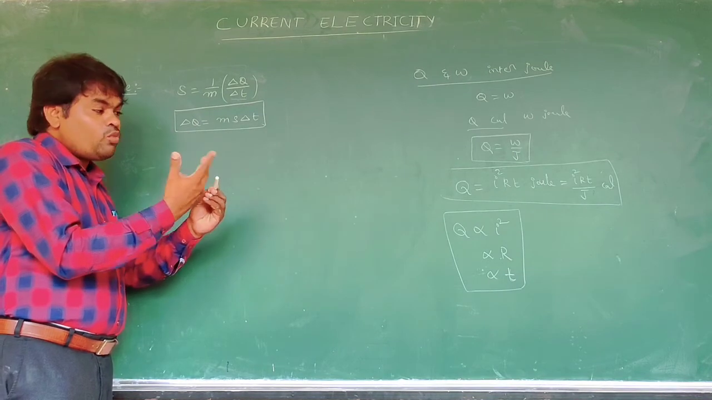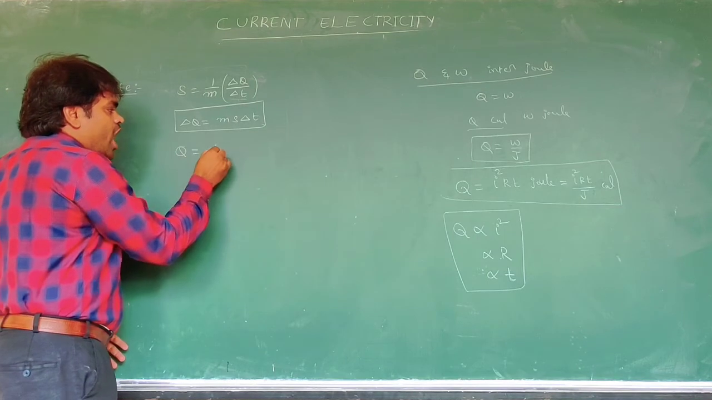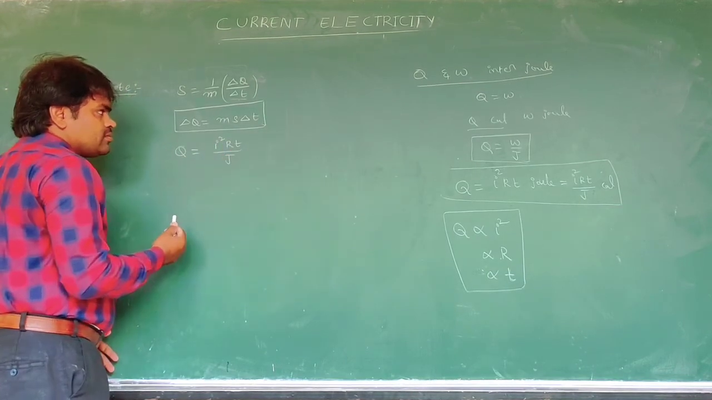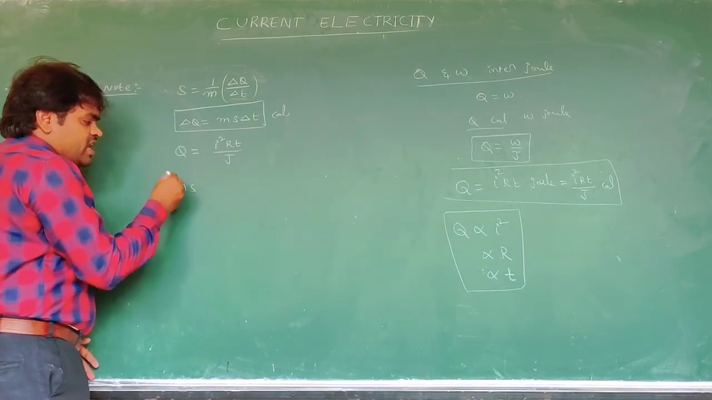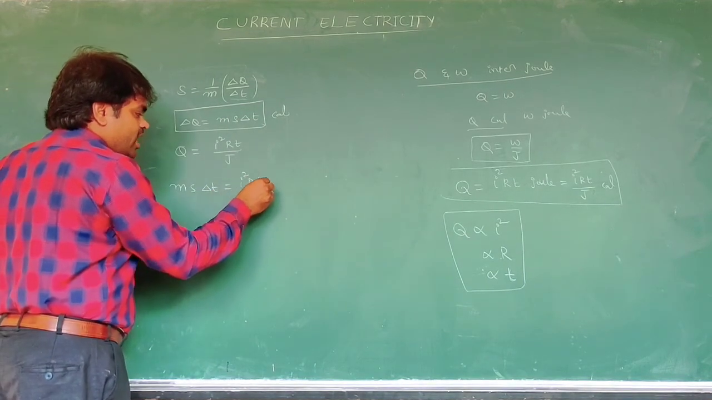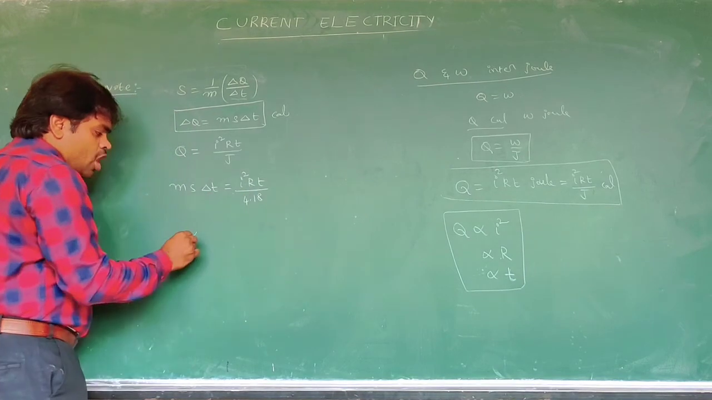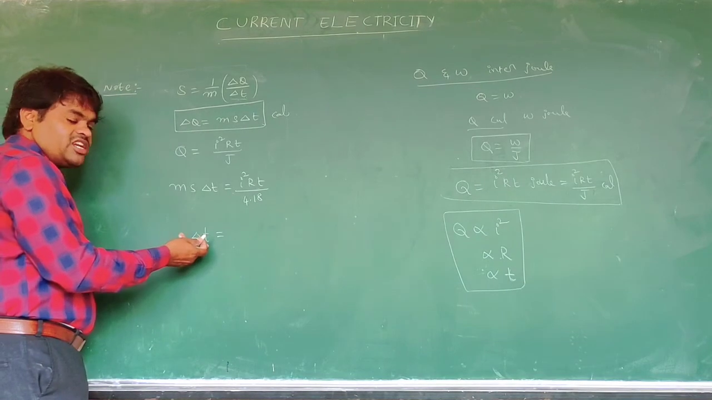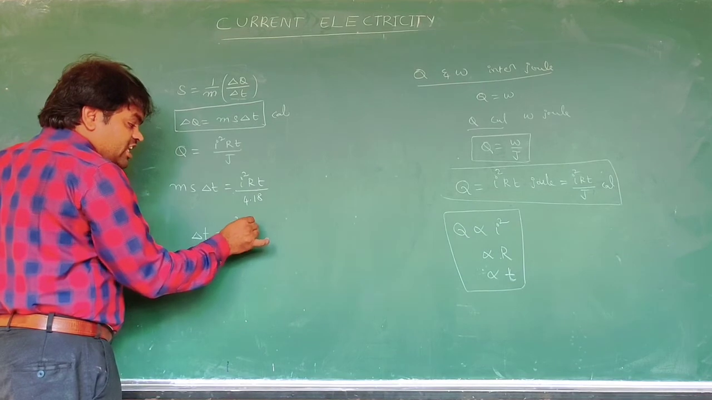At that time we can use this formula: Q is equal to I square R T by J, because this is expressed in terms of calorie. That is, m s delta T is equal to I square R T by J, where J is 4.18. How much will the temperature rise? The rise in temperature delta T is equal to I square R T, where T is the time,